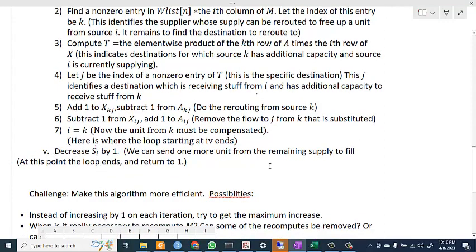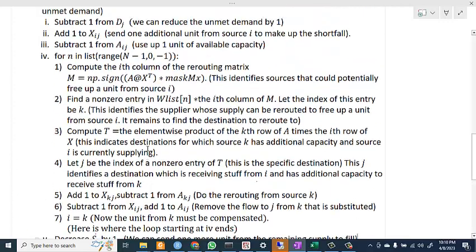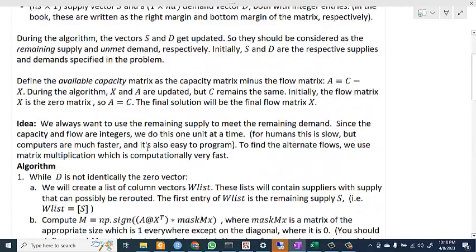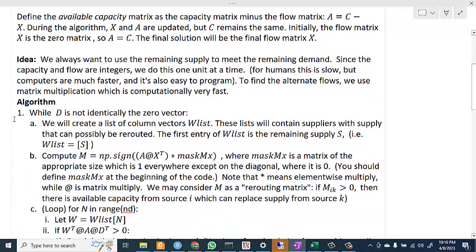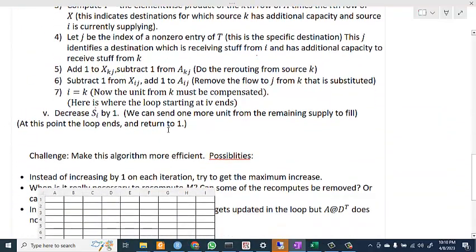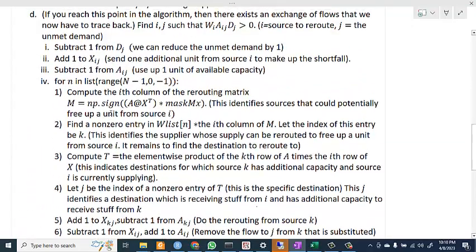Then, at this point, we have changed the flow, and our change is finished. We've added one more unit to meet unmet demand, and we've subtracted one unit from available supply, and then you go all the way back to point 1. Right? And once you do that, now the way this will terminate,